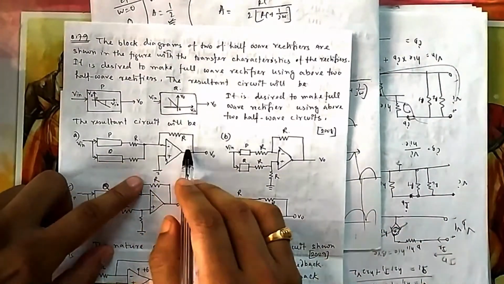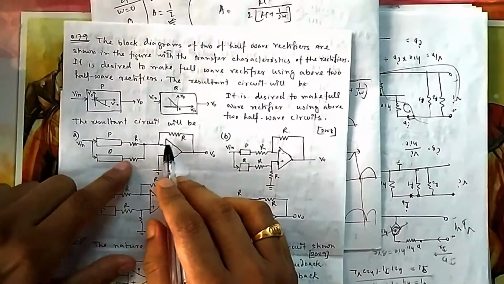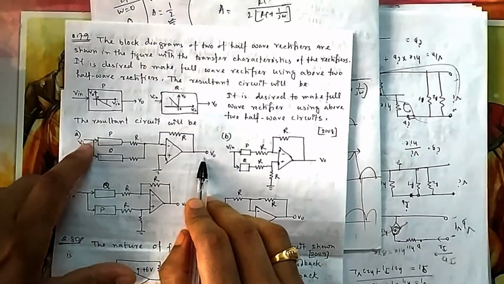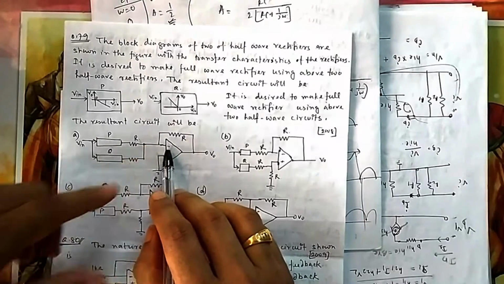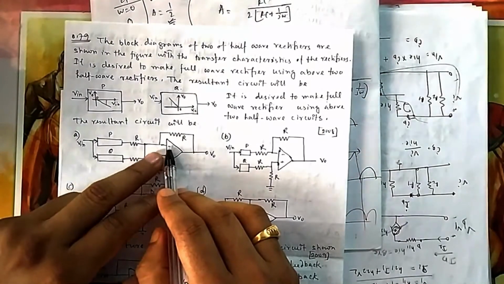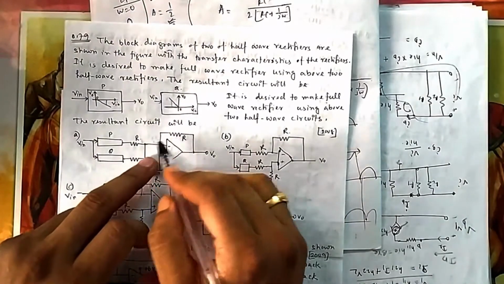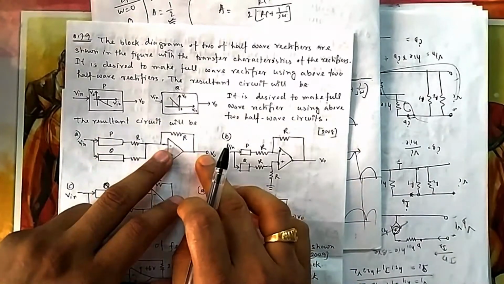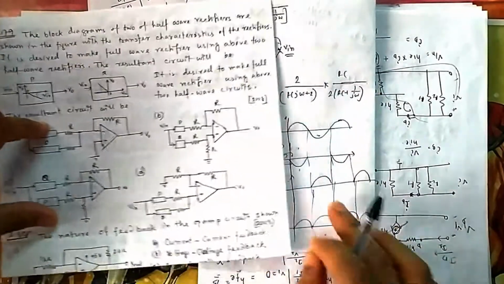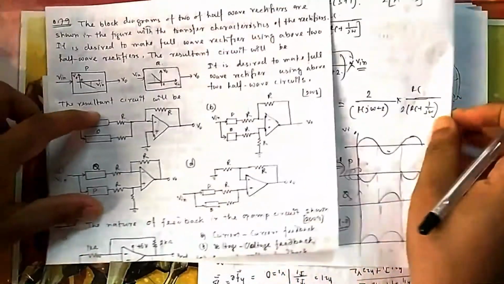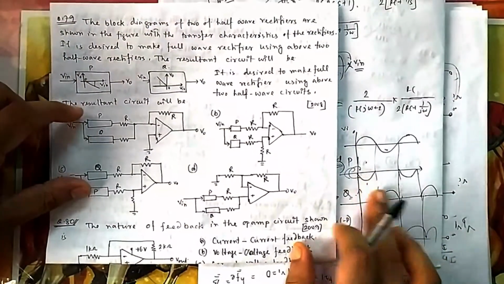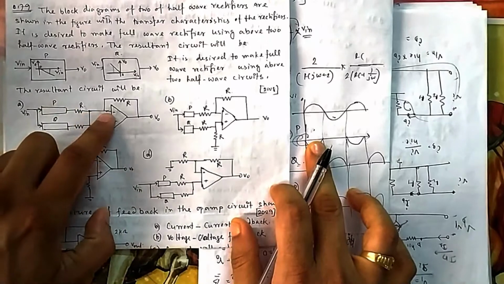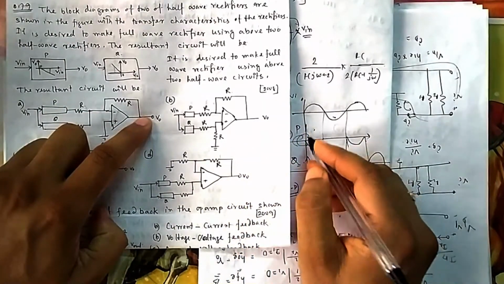Now if it is connected here, because it is a negative feedback, obviously you take KCL, and Vin will directly come here. Because it is connected to the inverting terminal, you know that the gain is minus RF by R1, so P will be inverted. When P is there, Q is not there, and when Q is there, P is not there; both cannot occur simultaneously. One is positive, one is negative. So when you apply P, it comes inverted, and you get this upper portion.